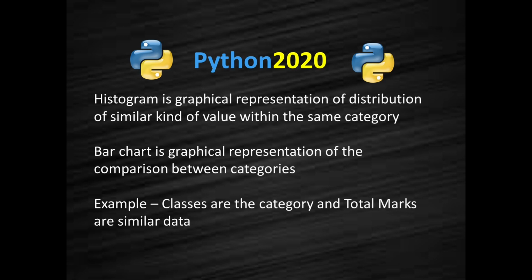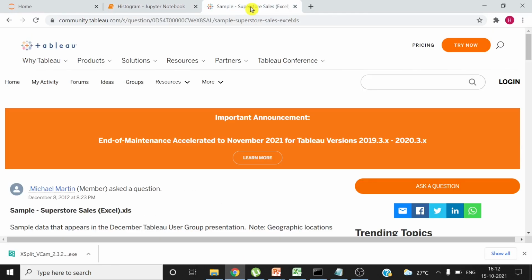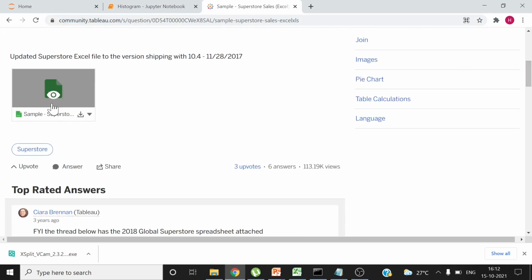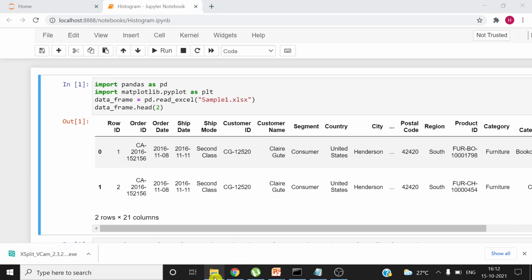Display the histogram on some data. For that, I will first show you where I am getting the data from. This is the website which you can see right now on your screen, and I will share the link in the description also. From there you can download this data. Now let me close this and show you the data.